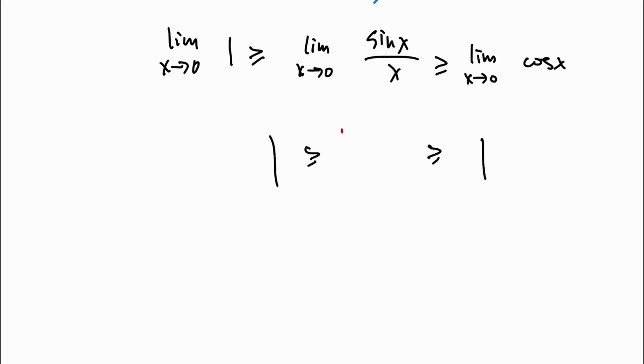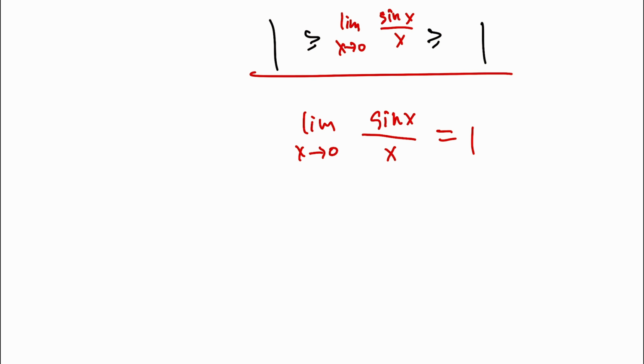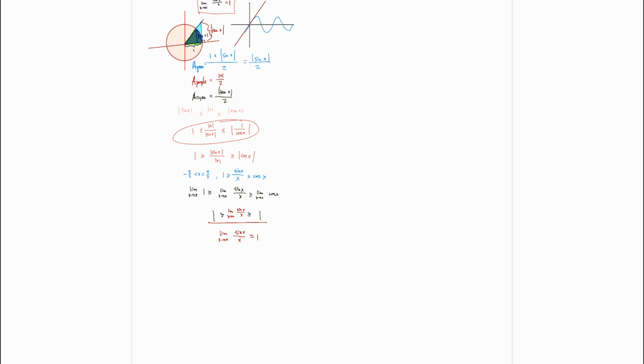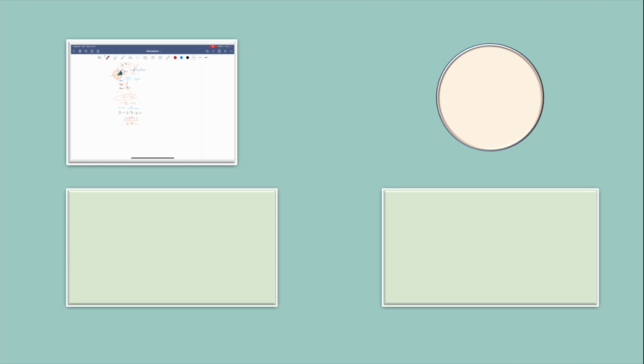So this thing that we actually want to prove has to be 1. So the limit as x approaches 0 of sine x over x has to be 1 according to the sandwich theorem. Or if you look at this, there's no other value that this can be. So this is our sine limit, which is a special point of the derivative of the sine, and we will do the sine derivative